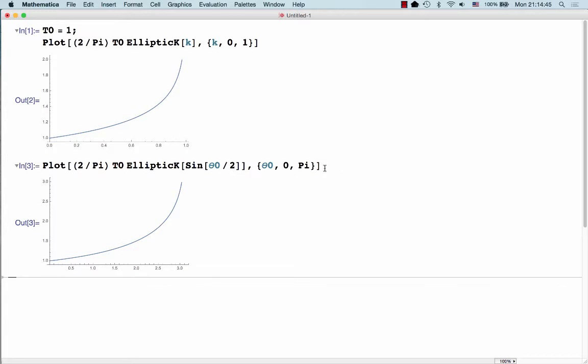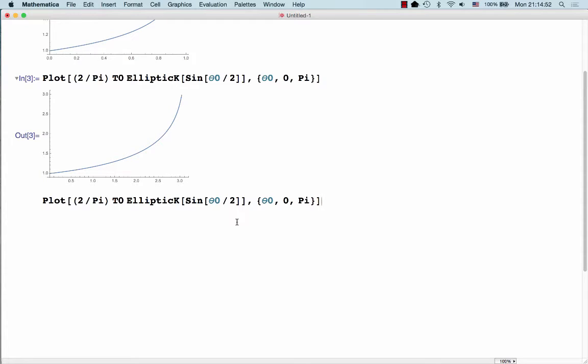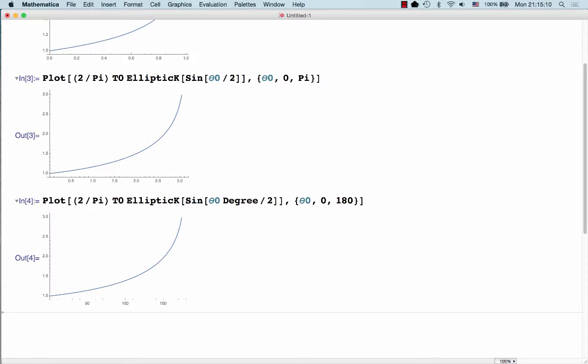By the way, if you wanted to do this in degrees, we could copy paste. So we just say theta naught, and Mathematica has this really handy symbol called degree, which is just equal to 180 over pi. That's kind of handy. So then we can instead run this from 0 to 180, and you get the same plot, but now it's calibrated in degrees. So we can see it goes off to infinity as we go to 180,